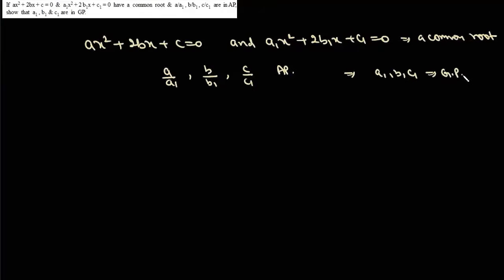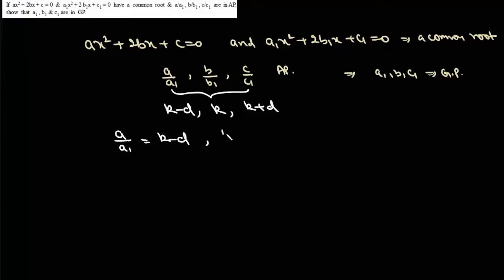Now the first thought in this question is to find the condition of common root and then maybe try this AP condition to prove that a1, b1, c1 are in GP. But this method proves to be very lengthy. So what we'll do is we'll say these three numbers are in AP, and let these numbers be k minus d, k, and k plus d. So that means a upon a1 is k minus d, b upon b1 is k, and c upon c1 is k plus d,